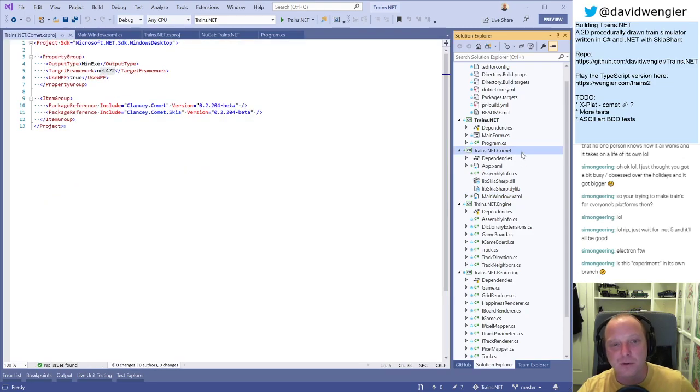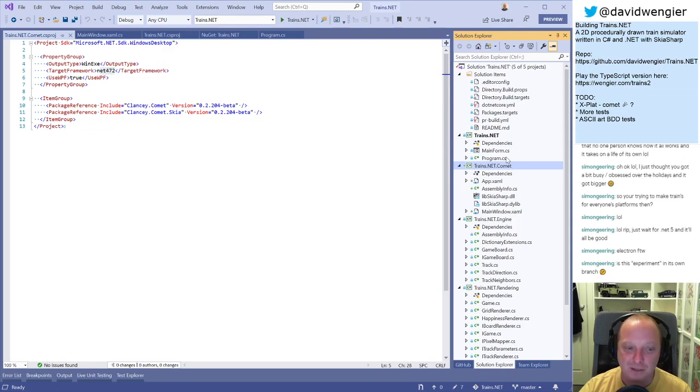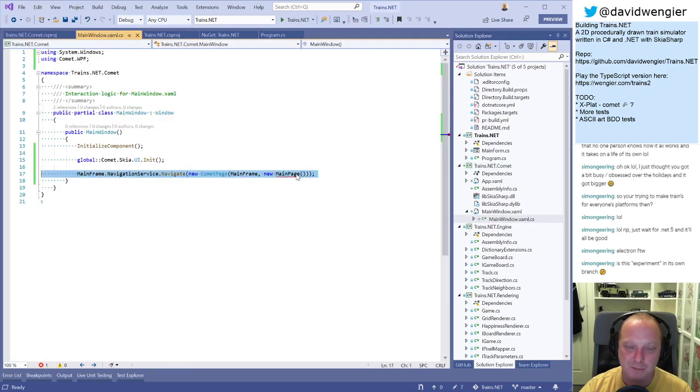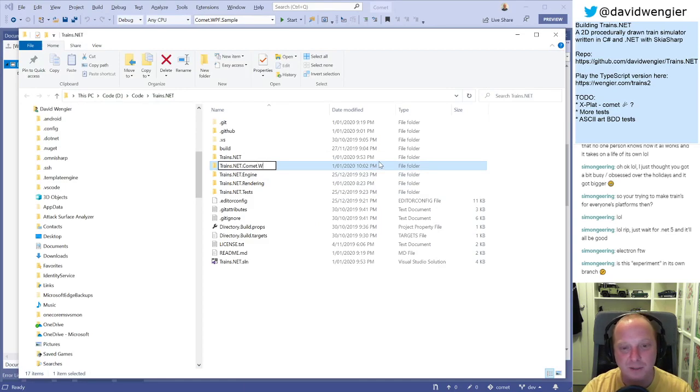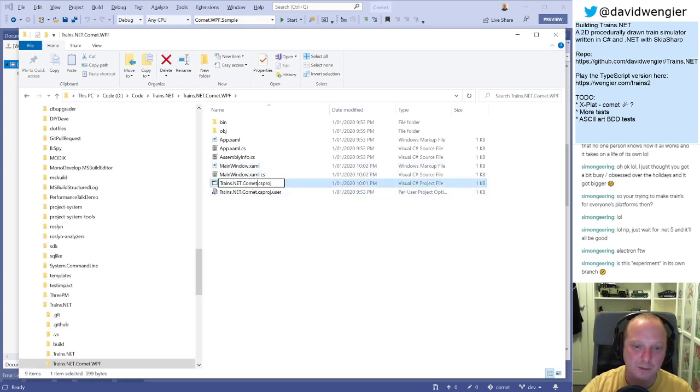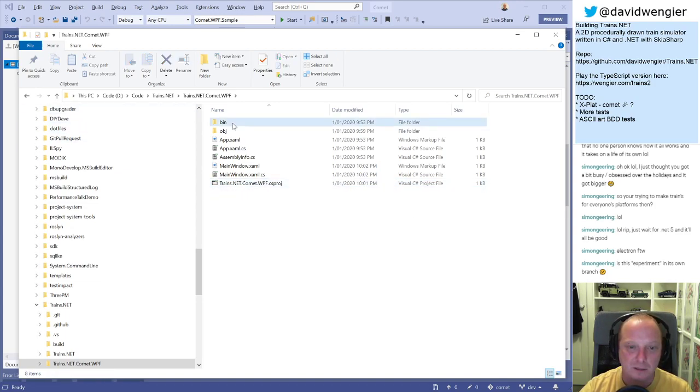So actually this name is wrong. This is trains.net.com.wpf, and we need a trains.net.commit for this main page. Yeah. Okay. That's annoying. I'm going to do this in the easiest way I know how, which is in .NET Core. So this is .NET.commit.wpf. It'd be nice if I could do this in a way that resolves the namespace issue, but never mind. Just delete that and delete that,